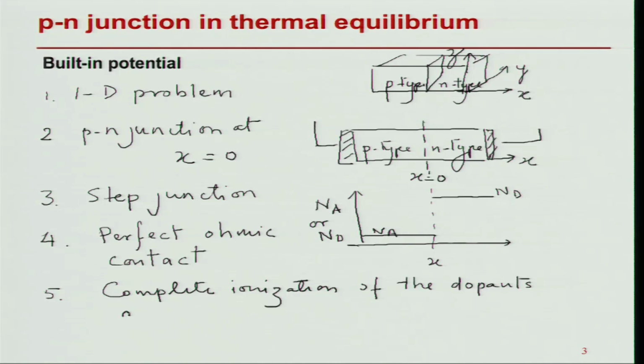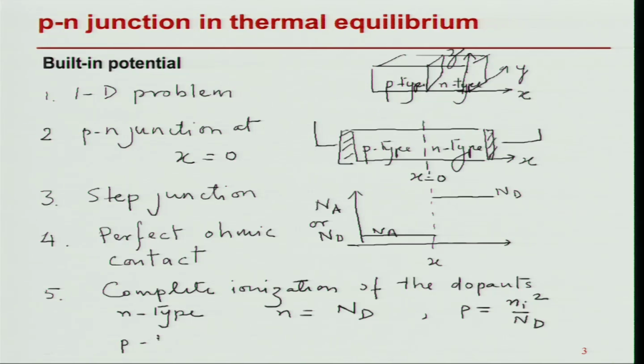This basically means that for a n type semiconductor, n is equal to the donor concentration, the electron concentration in n type, and we know that if this is so, in equilibrium p is equal to ni square divided by Nd, the minority carrier concentration,